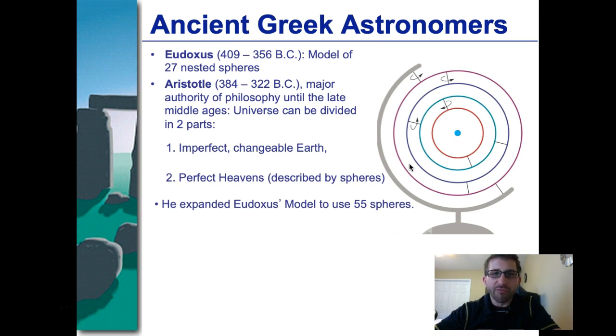Some of these first principles were that the Earth was imperfect and that it was a changeable place. It was obvious to them that the Earth was not a constant. It was always dynamic and always changing. Whereas they thought the heavens, or what we think of as space, was perfect. And there were a lot of things to support this, including that constellations didn't seem to change very much. Over time, they didn't notice any changes other than the planets in their motions. Each year, the constellations cycle around, and they are the same ones over and over again.